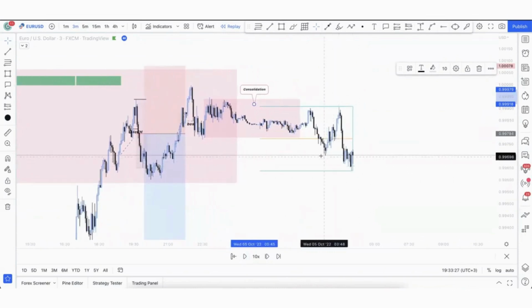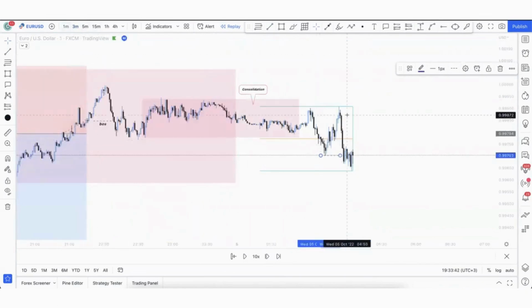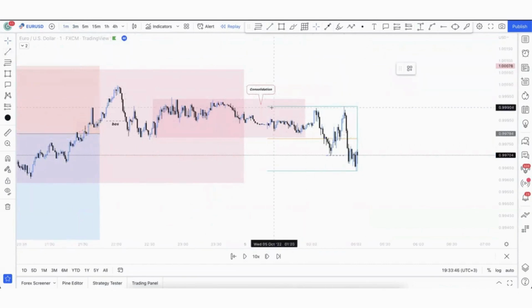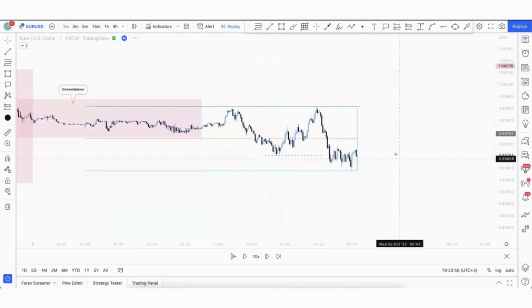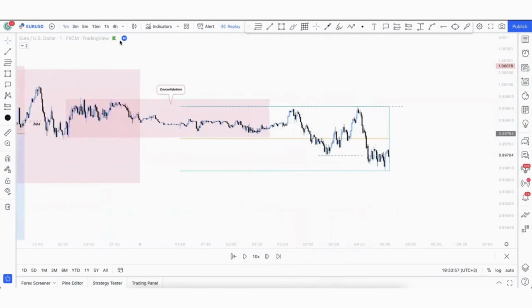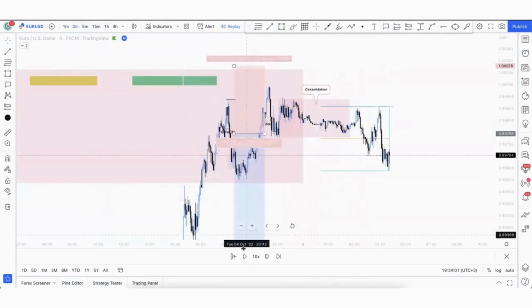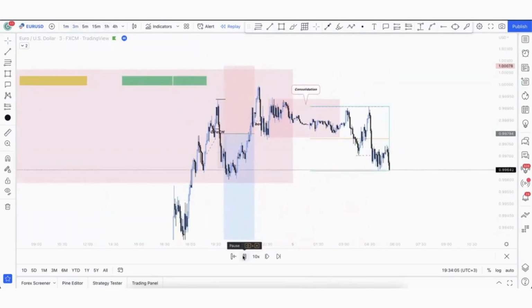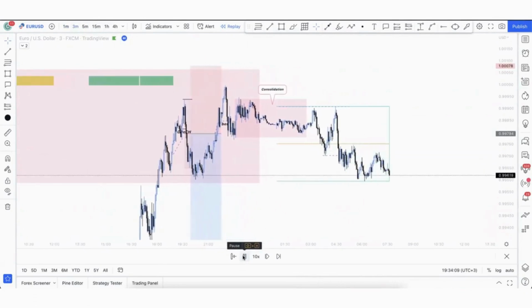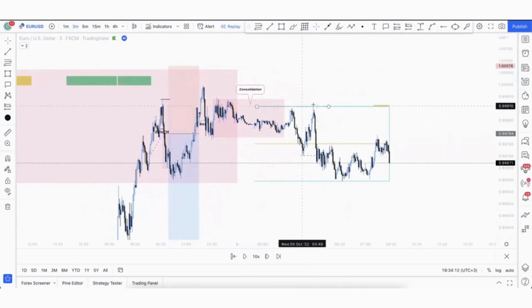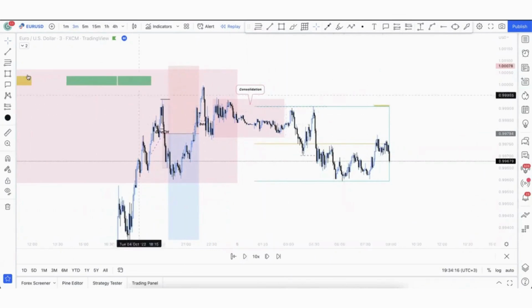Okay. Now the price is having this break of structure and it's also breaking this low here. So as we could see in the 1 minute, for me there's a liquidity above here. Maybe the price could go here or above here and then go to the downside after. So let's see what the price will do. So we're still in the trade. Let's see if it will continue to the downside or it will grab the liquidity on this part because this